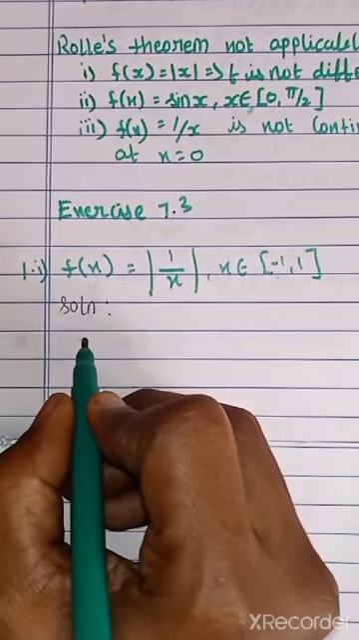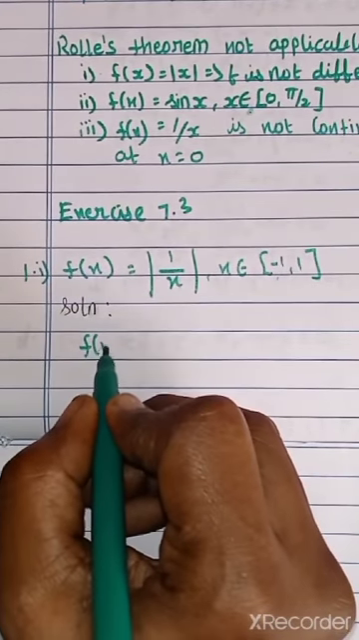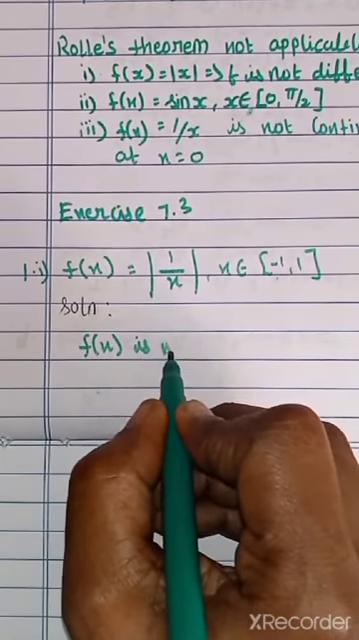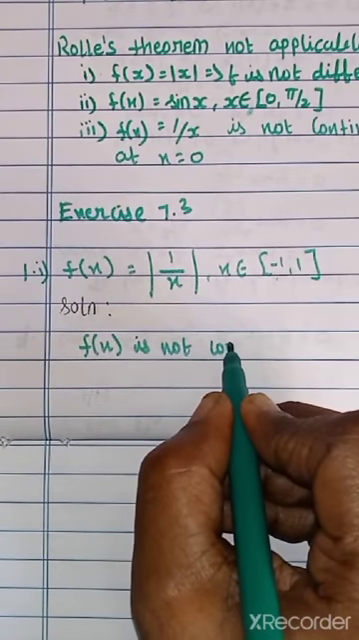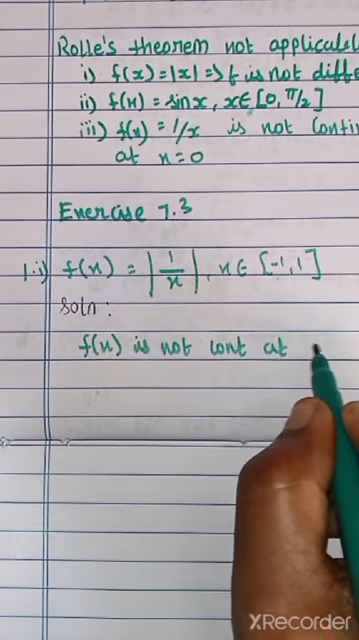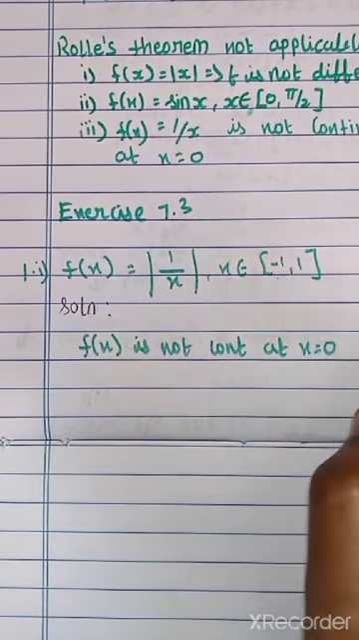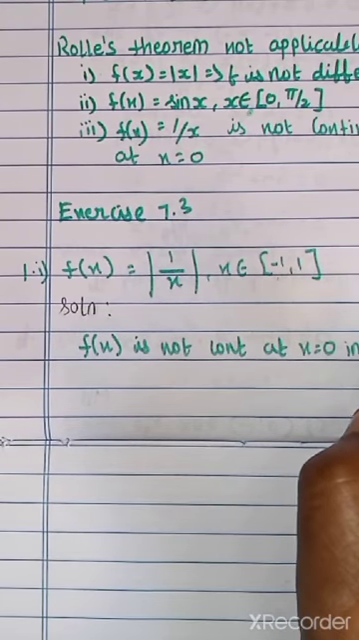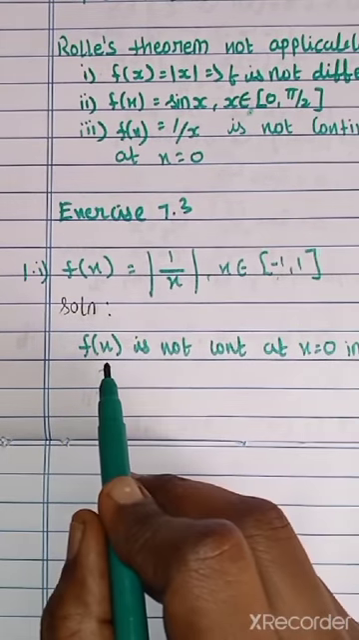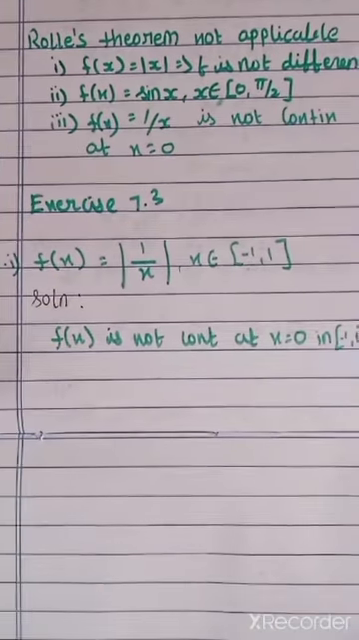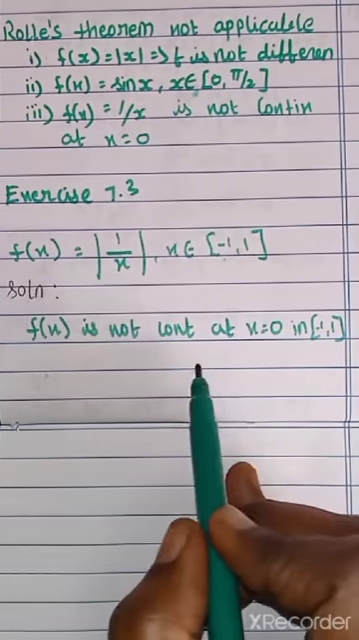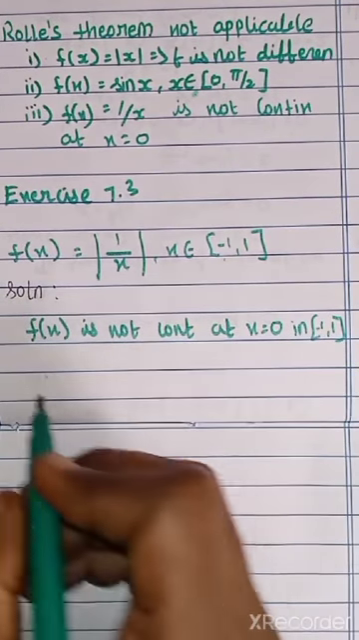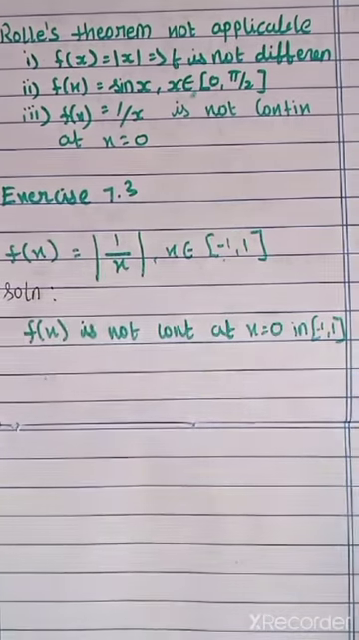So you can conclude that f of x is not continuous at x equal to 0 in the interval minus 1 comma 1, correct? So f of x is not continuous at x equal to 0 in minus 1 comma 1. Now your second subdivision